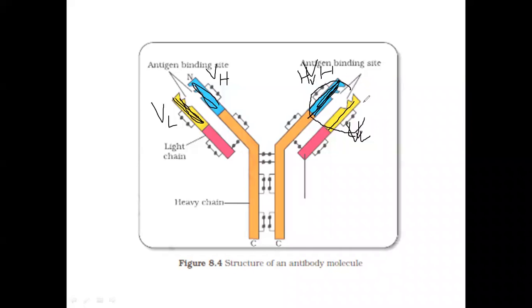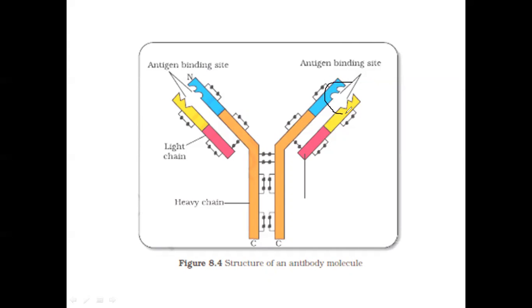ये वेरिएबल रीजन हैं, और ये एंटीजन बाइंडिंग साइट्स हैं। The antigen binding site which is present on the variable regions of heavy and light chain is known as the paratope, उसे हम पैराटोप कहते हैं। तो दिस इज द एंटीजन बाइंडिंग साइट, यहाँ पर एंटीजन बाइंड होते हैं।